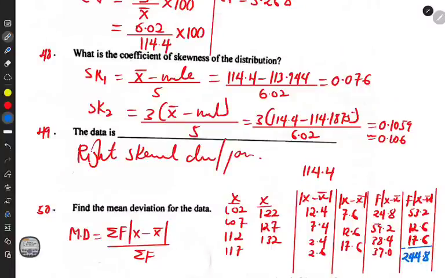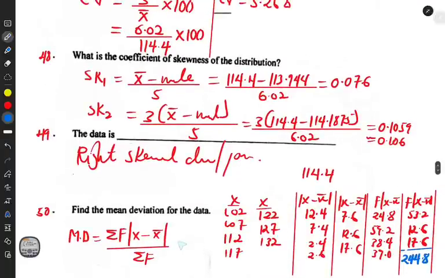So that means we can therefore say that our mean deviation is equal to 244.8 divided by the total frequency of 50. And we are supposed to get 4.896, in 3 decimal places. So that becomes the mean deviation